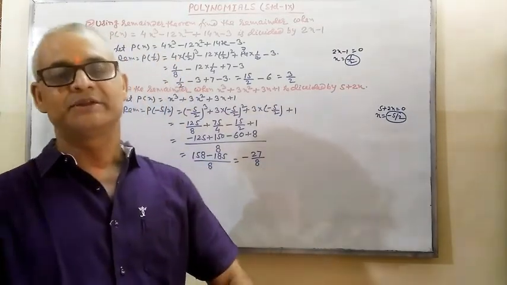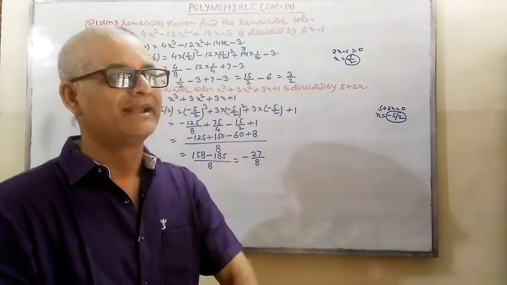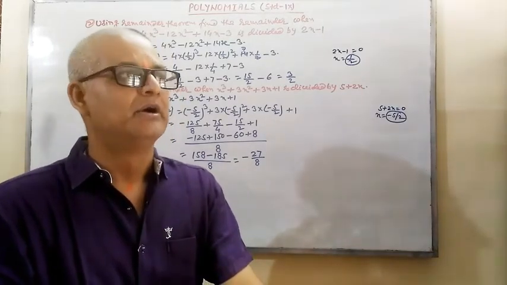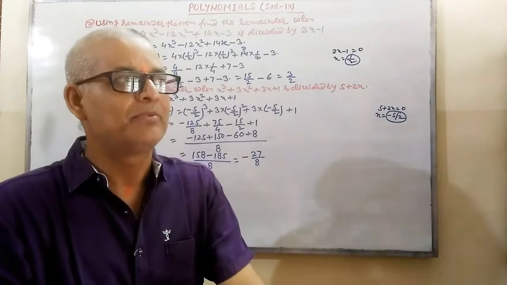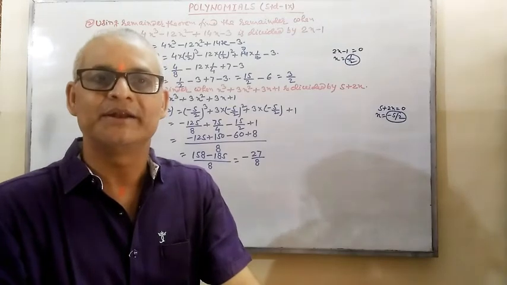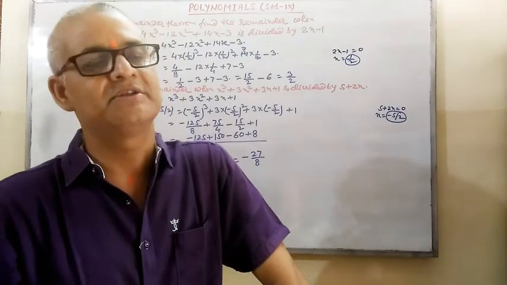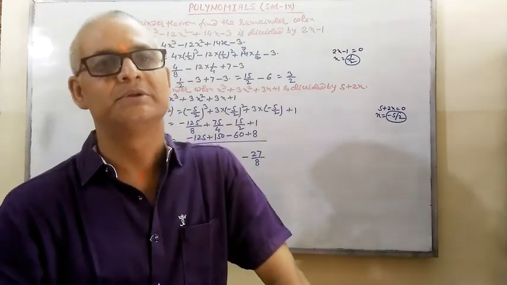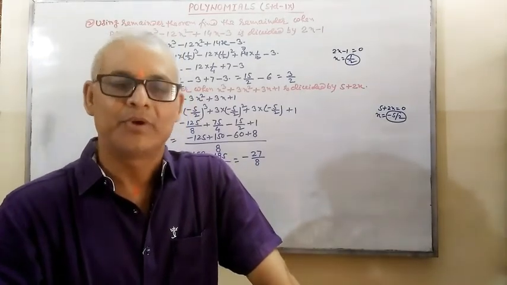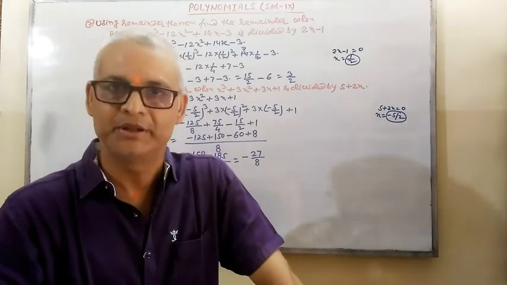Now, I think the students understand the remainder theorem and how to find the remainder. In any case, the polynomial is given, the divisor is given. For the value of a, the students get confused. For that, it is better you equate that divisor to 0. Whatever the value of x you will get, that is the value of a. Find out the remainder p(a). Simplify it properly. Whatever the value of p(a) we get, that is our remainder for that polynomial.